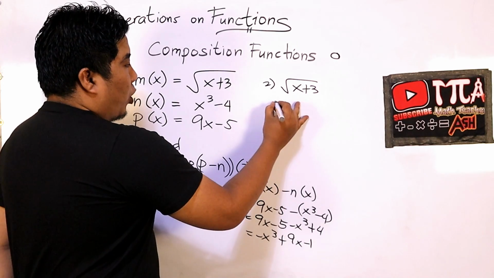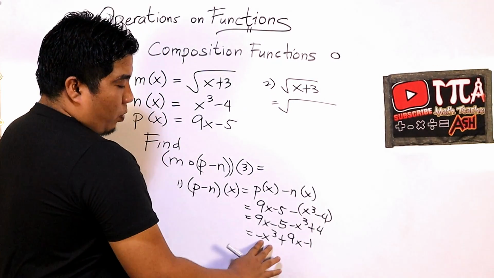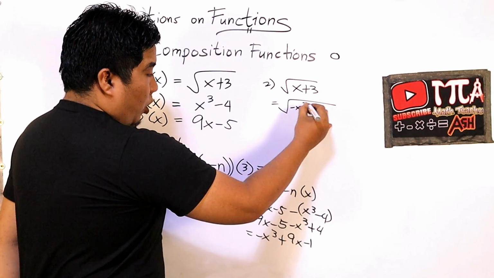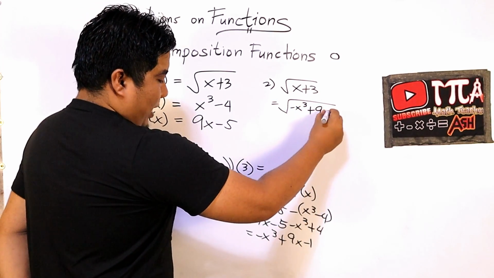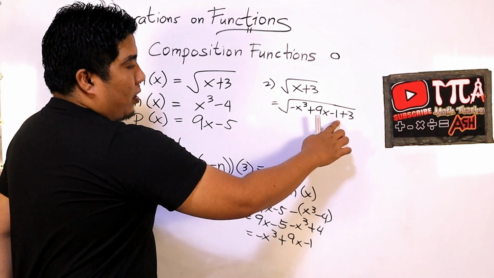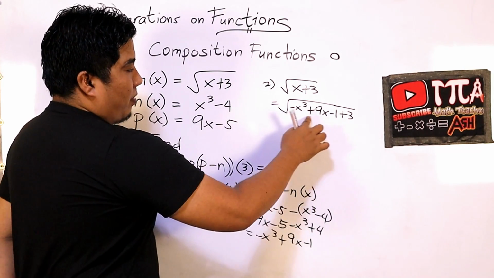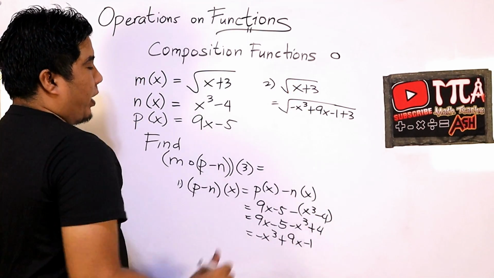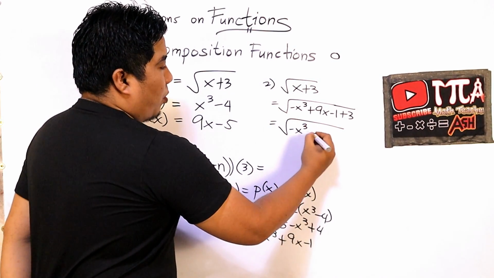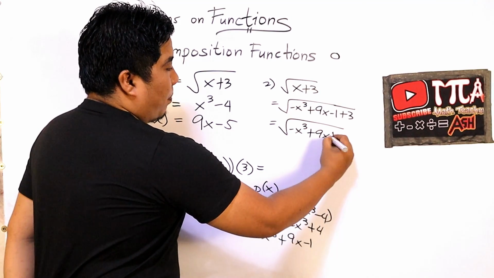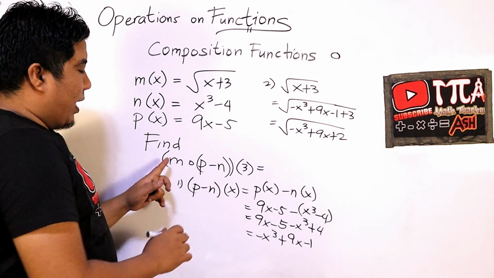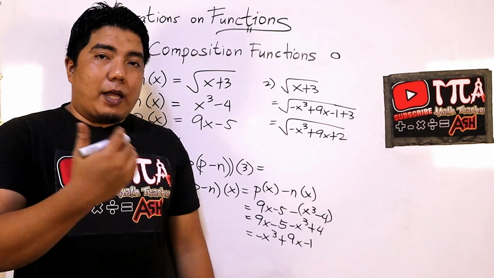We will substitute x by this one, so that is negative x cubed plus 9x minus 1 plus 3. You get that, my dear math learners? The whole p minus n is being input to our m of x. So now let us simplify. So we have negative x cubed plus 9x plus 2. So now this is already the function if we are getting the m of the difference of p minus n